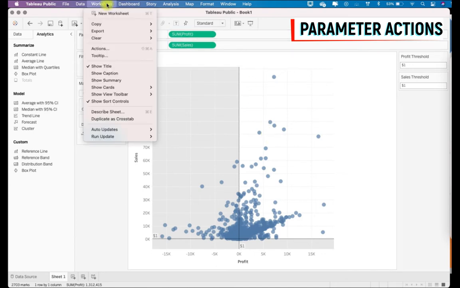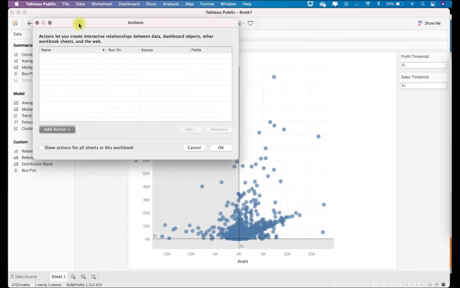So in this worksheet level, go to the actions, and then click on add action and go to change parameter. So we already have two parameters in this view, right? One is profit threshold and another is sales threshold. So we will have to make two actions here to change those parameter values.